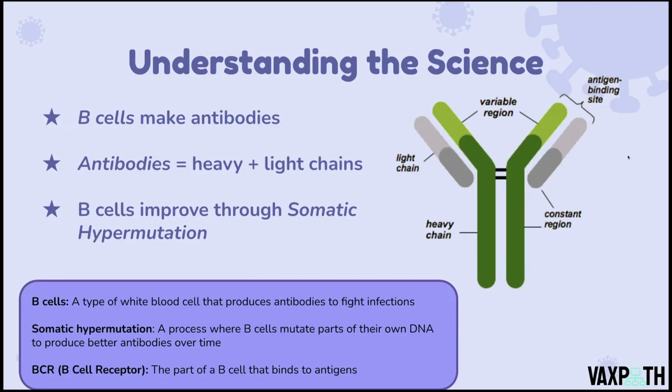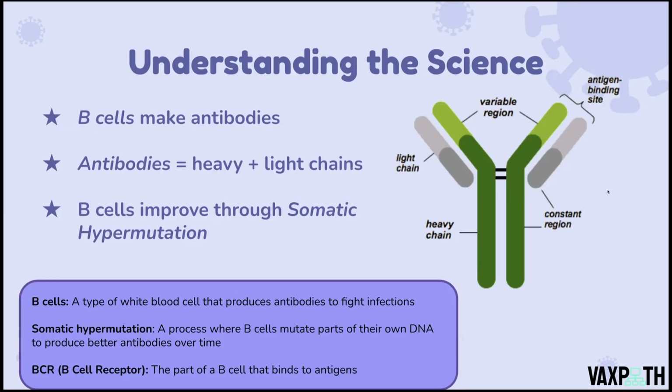So, what makes this system really powerful is that B cells don't just produce one version and stop there. They go through something called somatic hypermutation, where they intentionally introduce changes to their DNA to create slightly different versions of antibodies. And some of those changes actually improve how well the antibody can recognize and fight the virus. So over time, the immune system gets to keep the ones that work the best, and that's how it builds